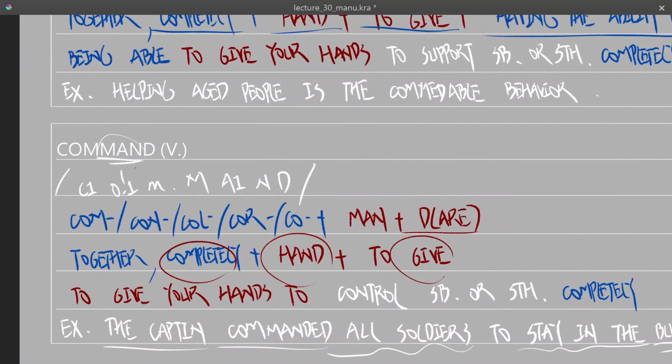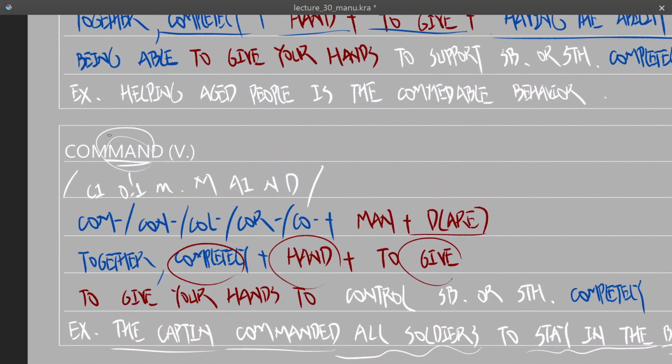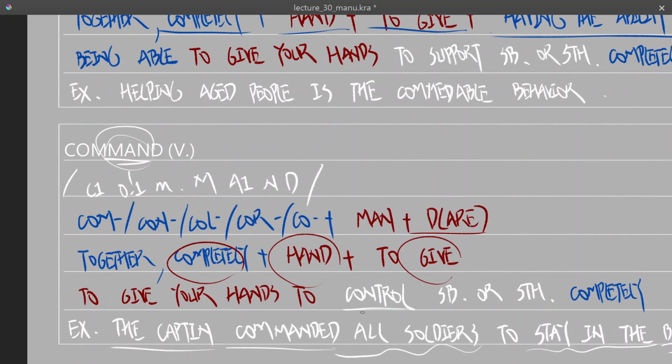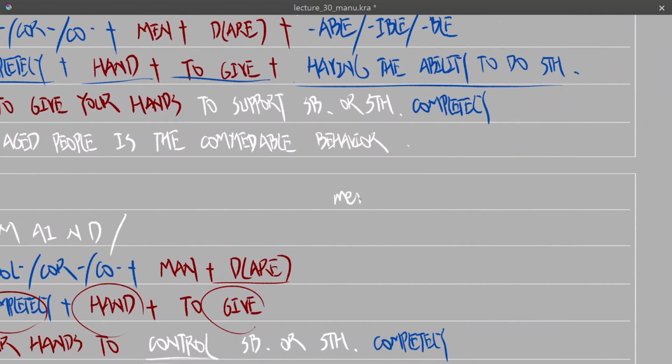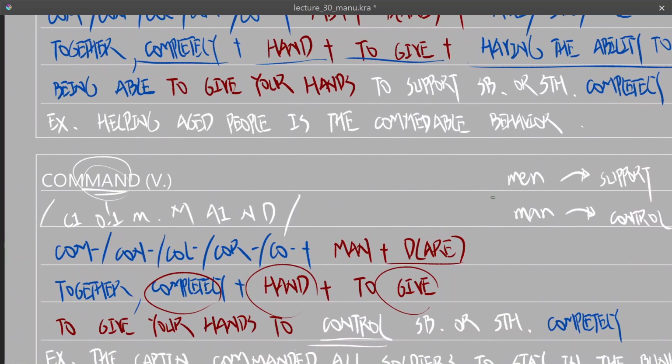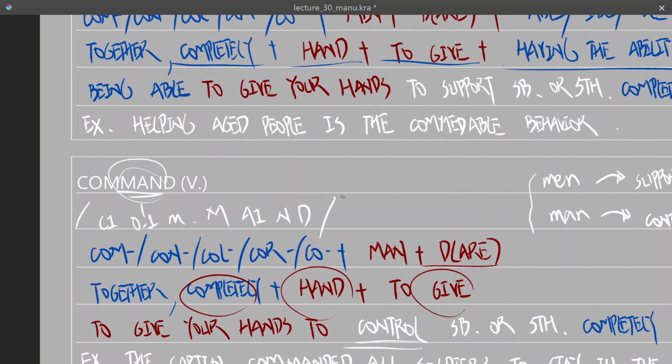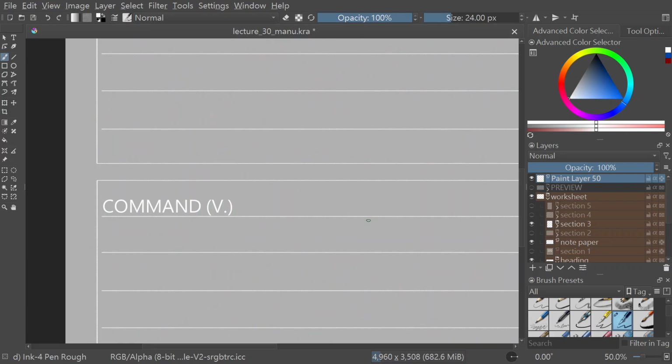So since we have a singular man, one man, use control rather than support. So man meaning support, and man meaning control. Alright, that's my mnemonic device. Alright, next we have